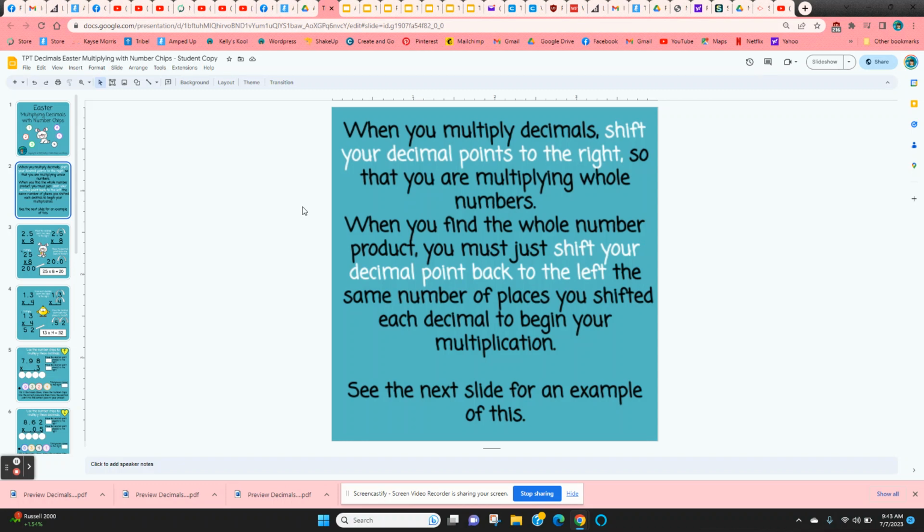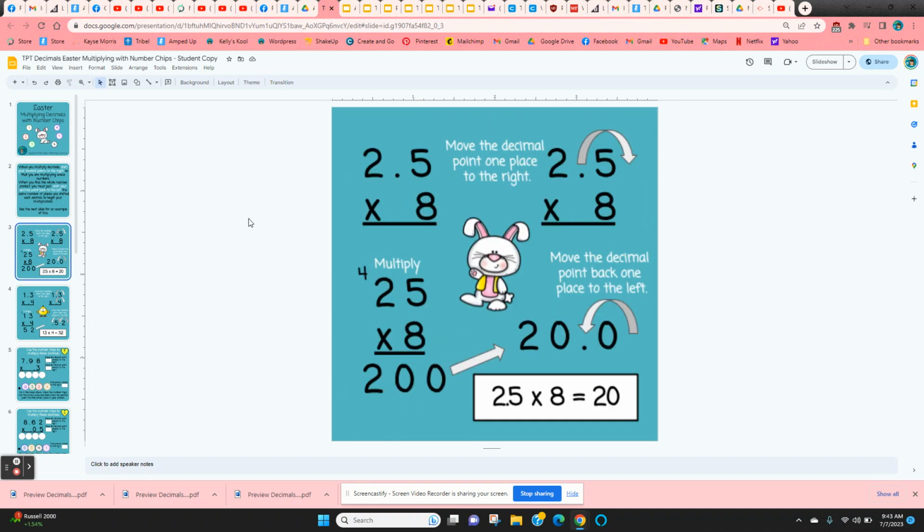So you want to move the decimal points all the way to the right and then multiply as if they were whole numbers. And then when you get your product, move the decimal point back, same number of places. So it gives a couple slides where it shows that example. Here you're going to move the decimal point one place to the right. There's only one to move. Then you multiply as if they were whole numbers, and then move that decimal point one place back to the